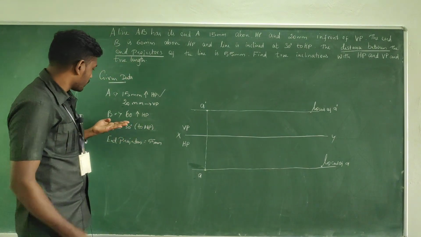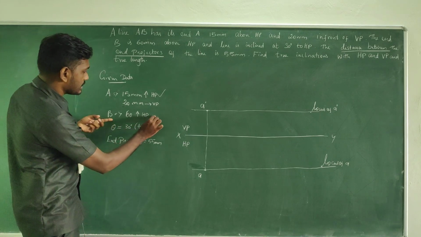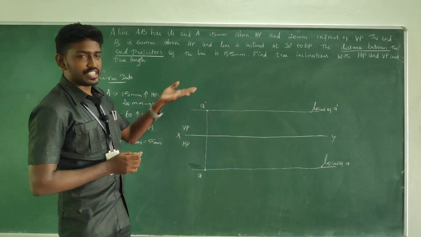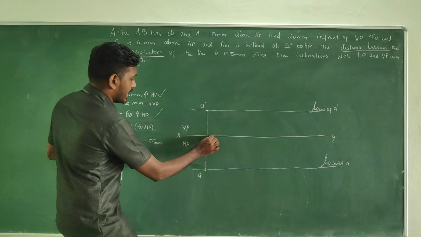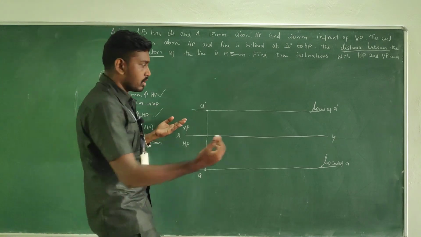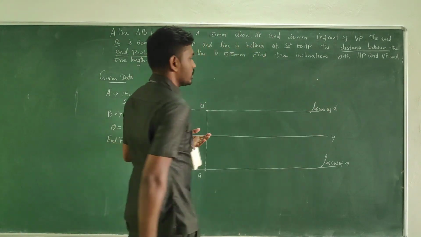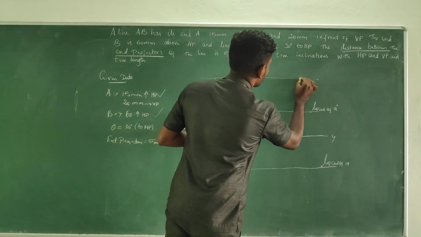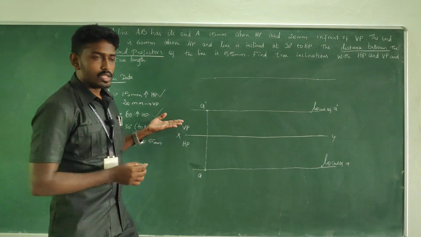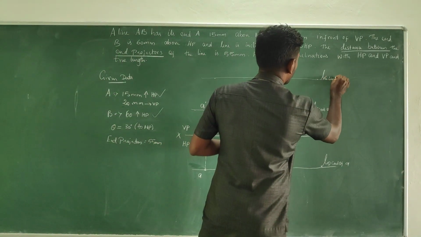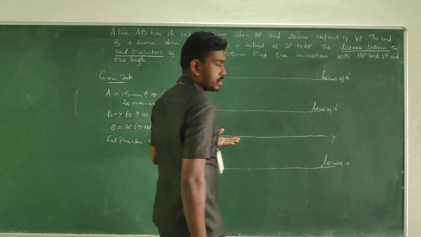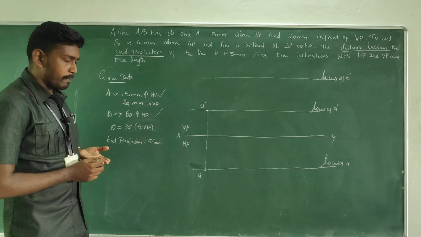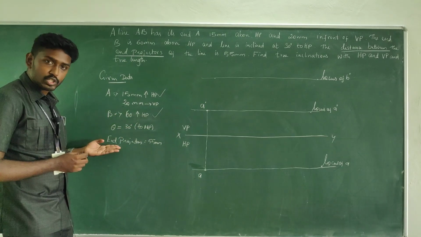Next, what about the locus of B? One measurement is given: 60 mm above HP. So above the reference line, take the measurement 60 from both ends and draw a thin line passing through those points. This is the locus of B dash. Okay, we have formed three loci. One is unavailable, for which we have the theta value and the end projector value.